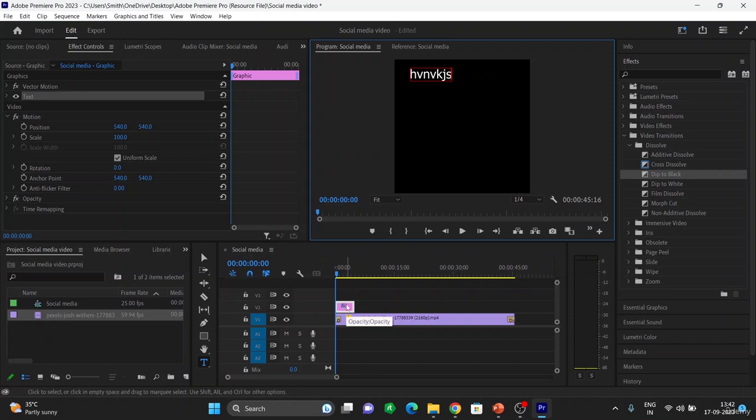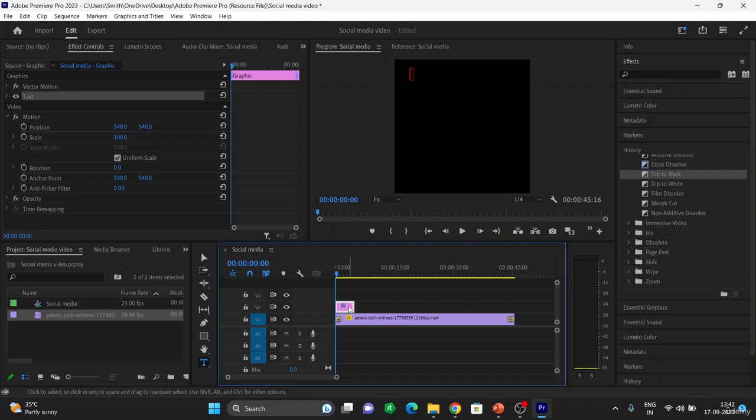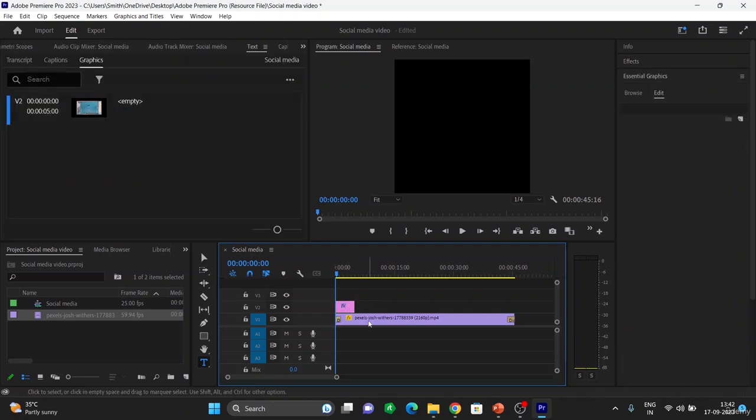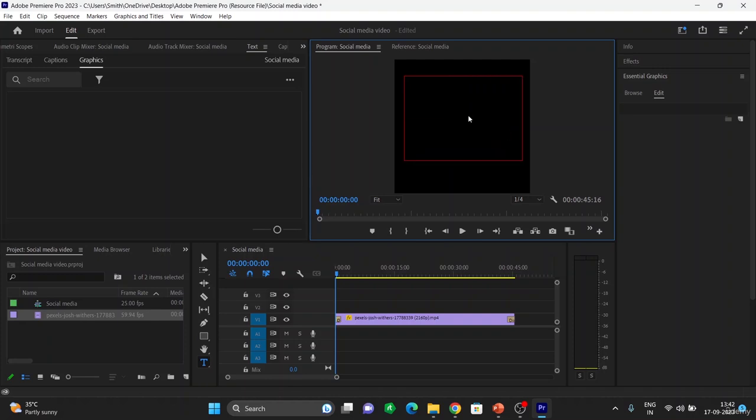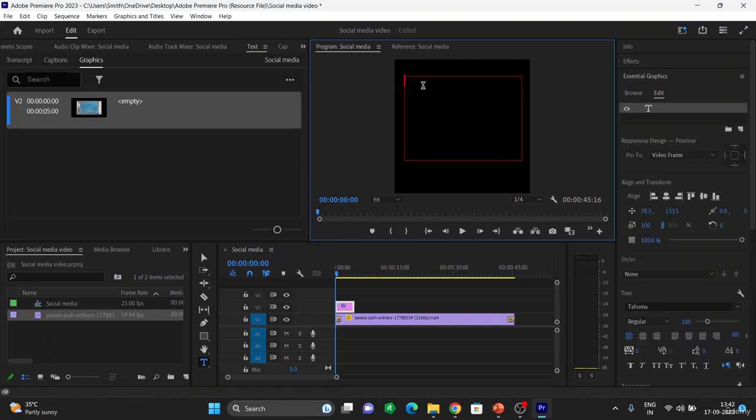But here what I'm going to do is first, instead of typing like this, I will select this one and I will delete this. And again, come to this text box option. And now I will make a box here. Okay. So once I've made this box, I will type something. So what should I type? So I'll just type when